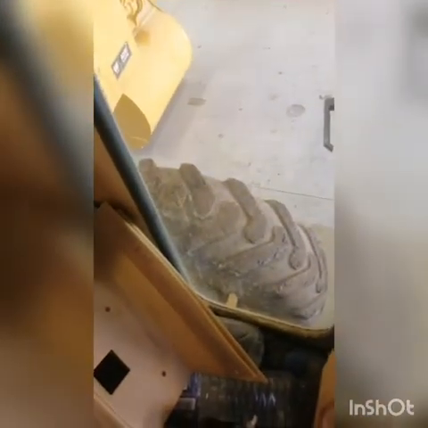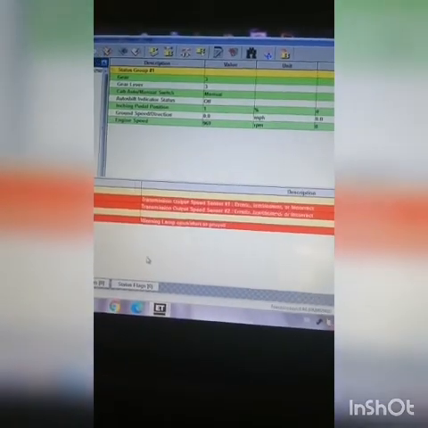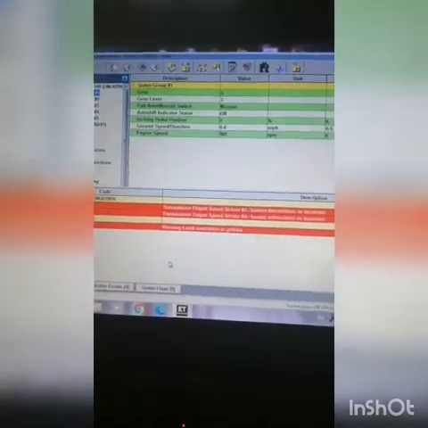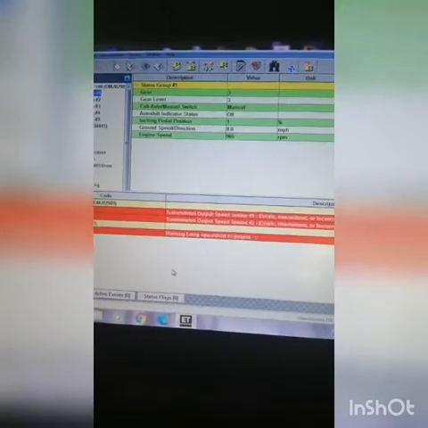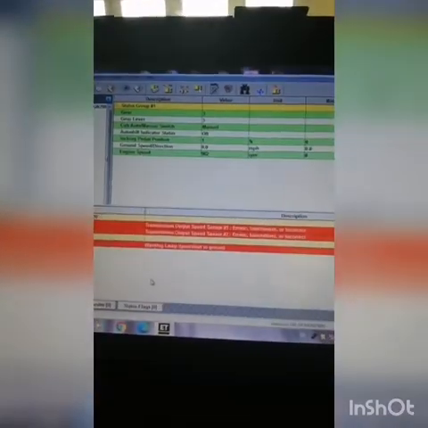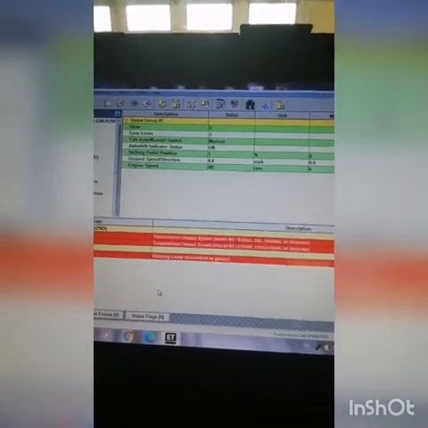Clutch number 3 is not working. An active code comes in: transmission output speed sensor 1 and 2 erratic, intermittent, because it is not detecting ground speed. The gear is shifting for the third gear, but output speed is 0, so that's why the active code for transmission output speed sensor 1 and 2 is displayed.